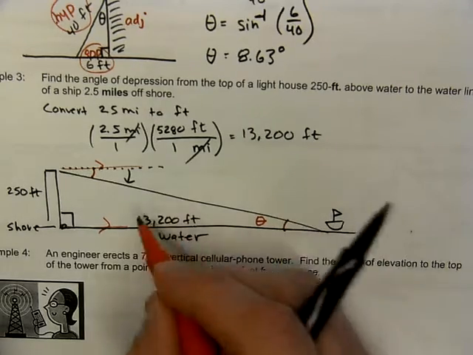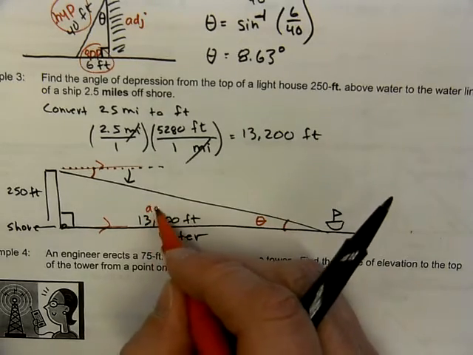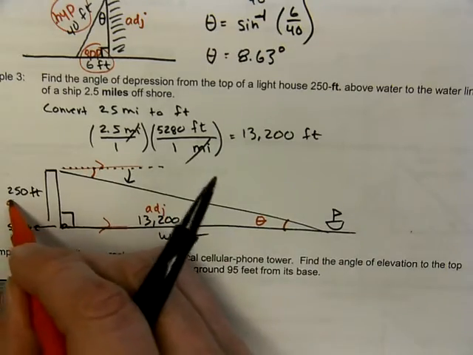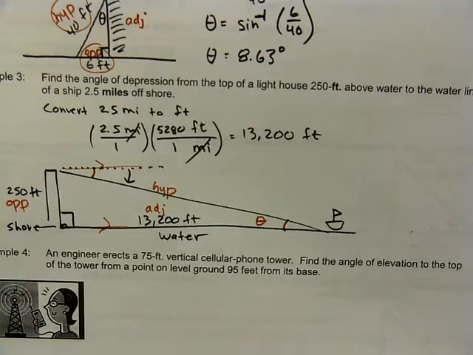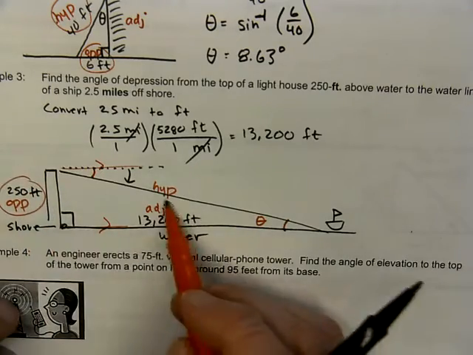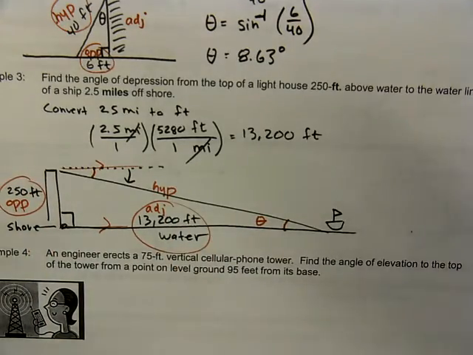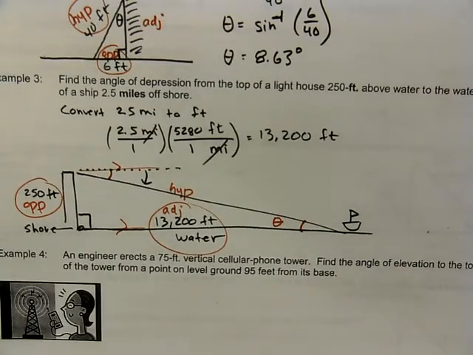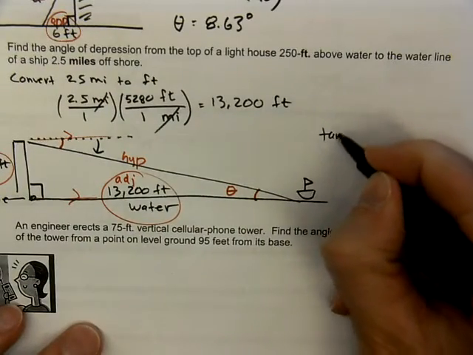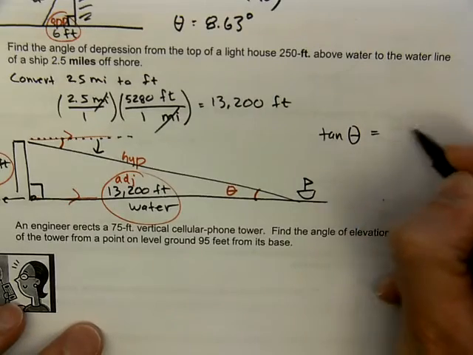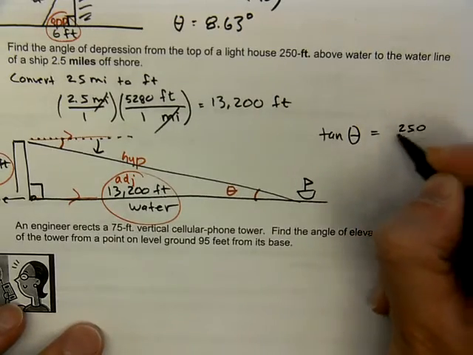Let's label a side. So this 13,200 is my adjacent side of the triangle. The 250 is my opposite side. And there's my hypotenuse. Again, we want to use the 250 and the 13,200 because we have to create a ratio of two sides with two numbers. So that's opposite and adjacent, which is going to be our tangent ratio. Tangent of my reference angle theta is opposite over adjacent. So 250 over the